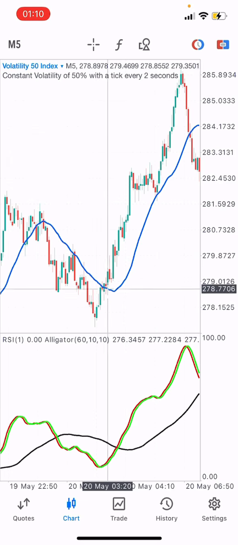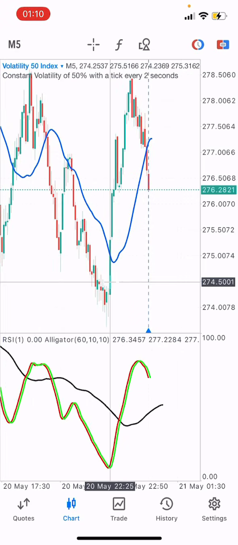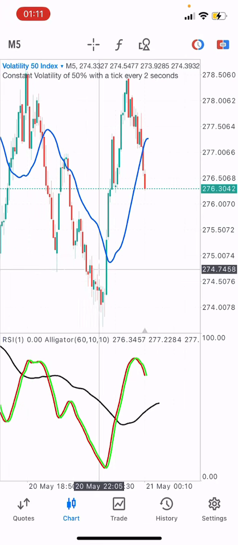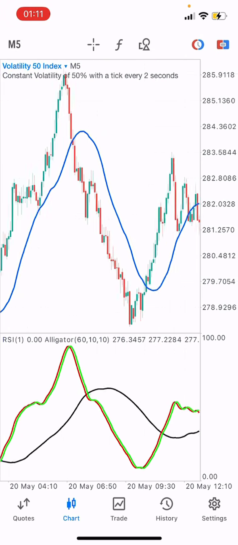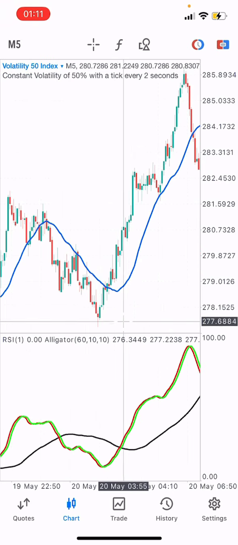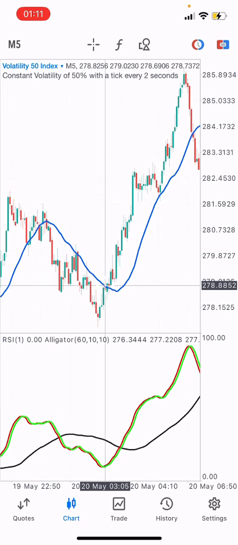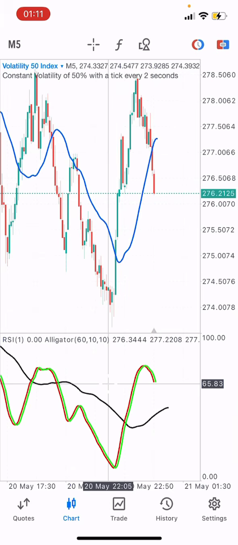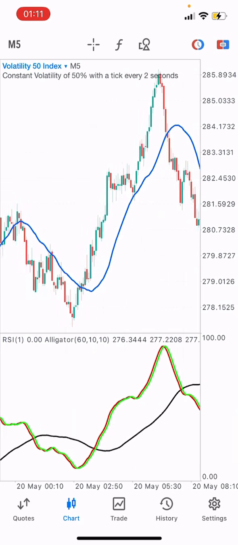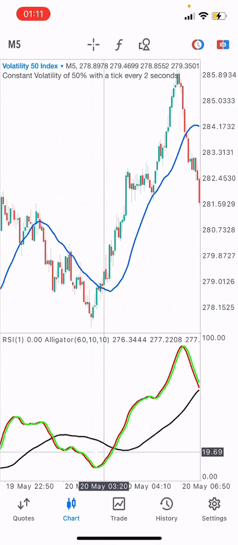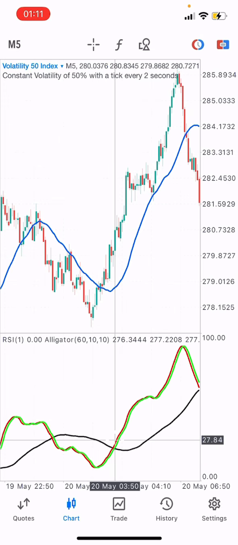but this crossover on the main chart is definitely going to happen before the crossover on your alligator. So the moment you have your crossover on your main chart, what you should wait for is the crossover on your alligator. So the moment you have a crossover on both your main chart and your alligator, then you